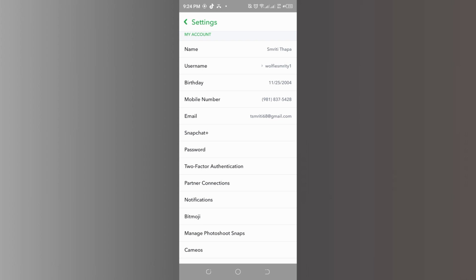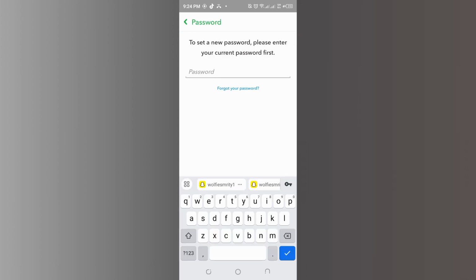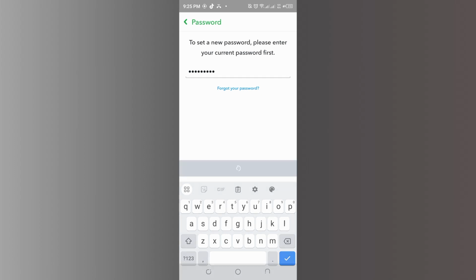the Snapchat Plus. And to set a new password, you have to enter your current password. So type down your password, and if you have forgotten your password, you also have an option to change, reset, or recover your password. So after that, tap on continue, which is in green font,